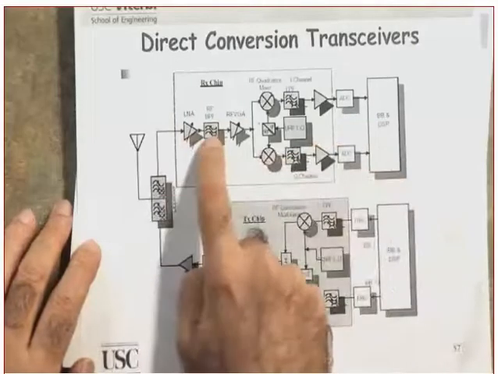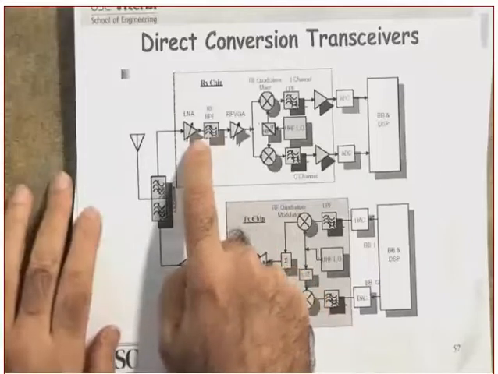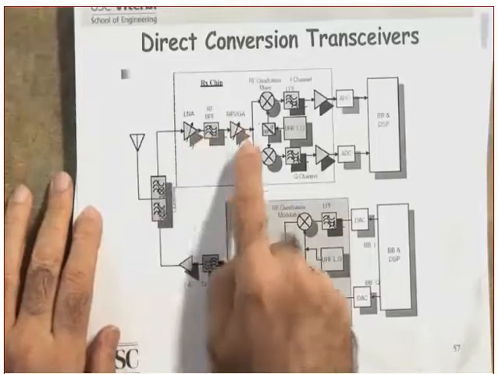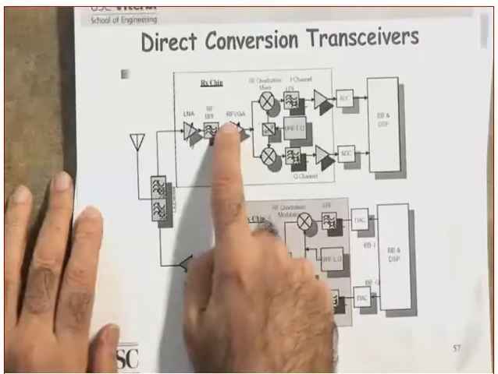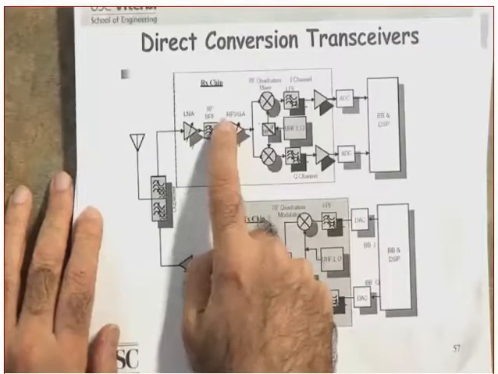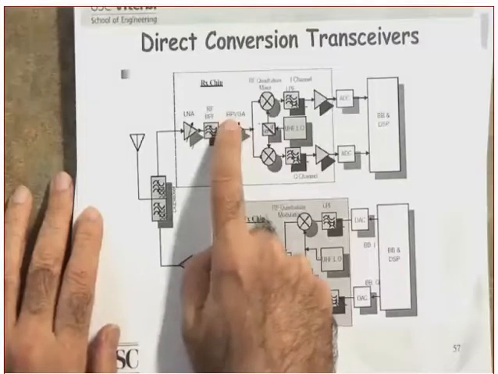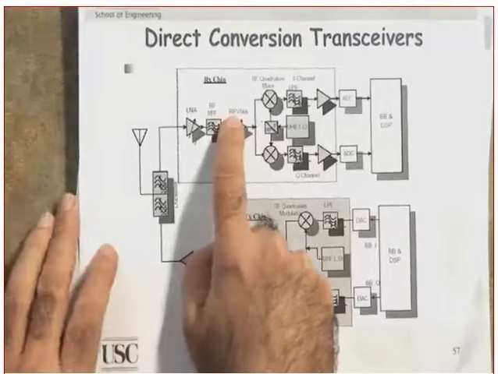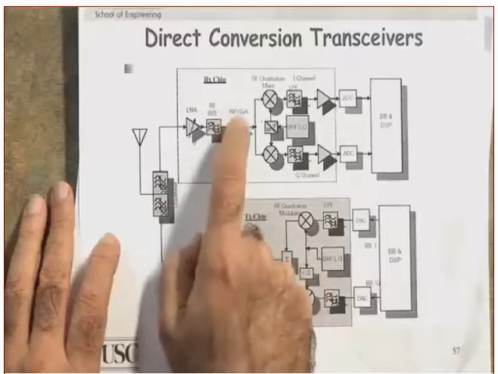This filter is to remove any nonlinearity components that result from the amplification. This is to adjust the proper gain. We call it the RF VGA. What is RF VGA? RF, voltage, variable gain amplifier. Clear? Why do I say RF? I say RF because it's operating in